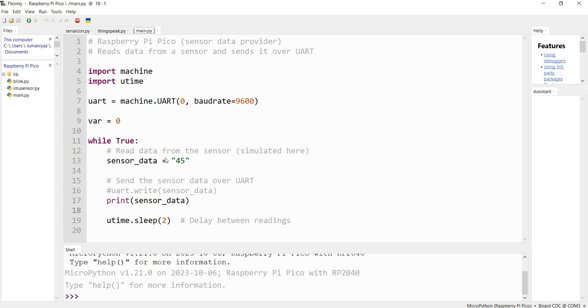The first thing that we need is to program our microcontroller. To program it, I'm using the machine library in order to get permission to use the GPIO pins. But in our case, we are not using the GPIO pins, and we are just giving any kind of data, assuming that it comes from the sensor. But you can also connect your sensor to the Raspberry Pi Pico and get this sensor data in a program, and after that you can send it to your computer serially,